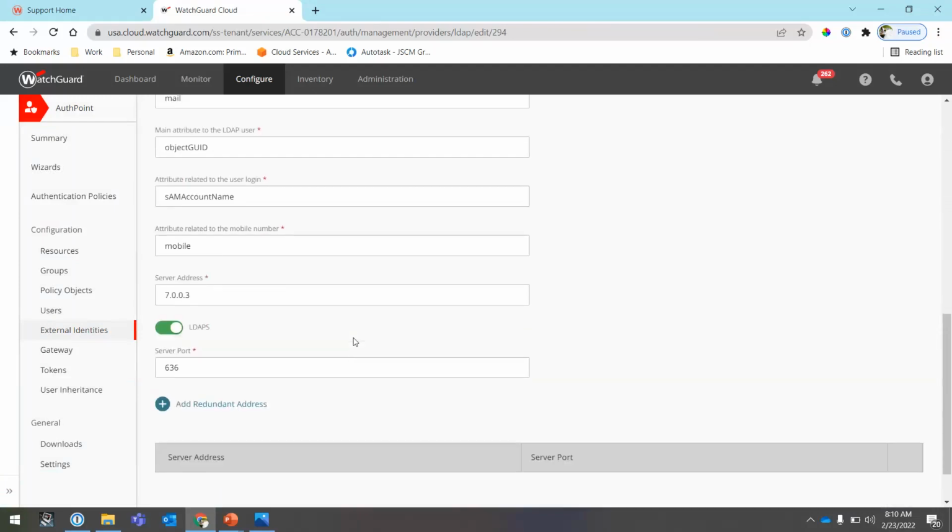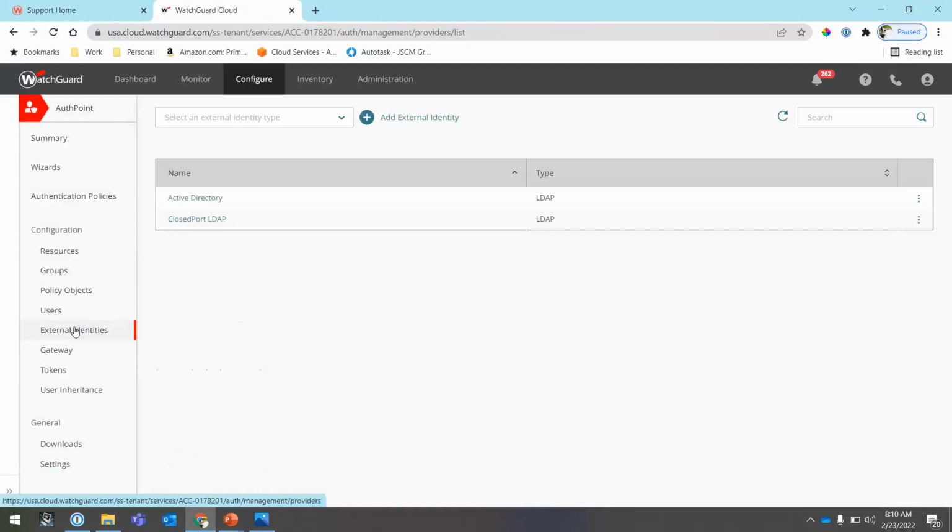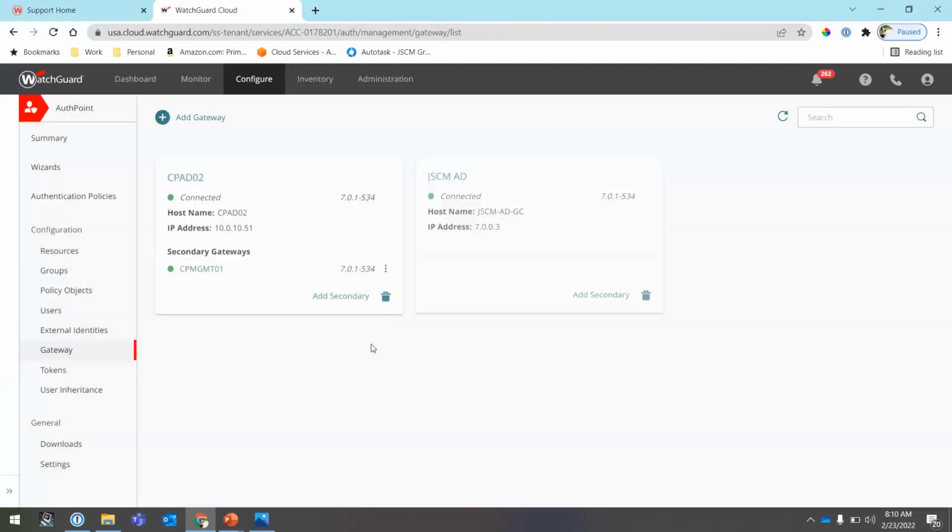So this, again, is just telling my OffPoint where it's going to be pulling the authentication accounts from. Again, we're just pulling it from Active Directory. No need to reinvent the wheel. Those accounts already exist. The next part of this is